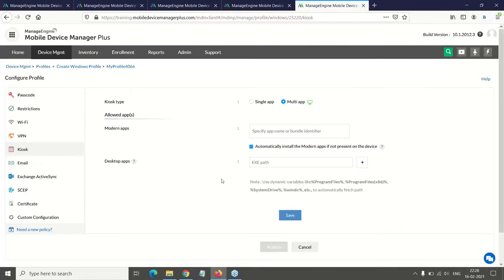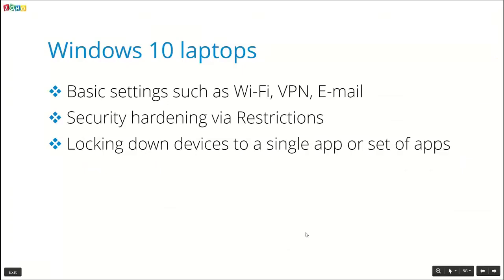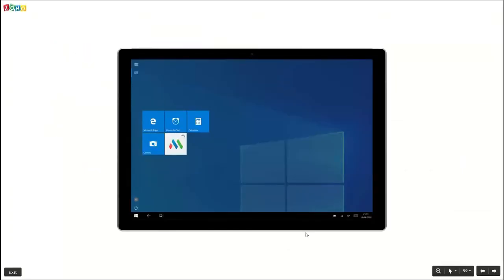In case of desktop applications also, they could be added here. Once the policy is configured, saved, published, and associated with the devices using the same path that we have seen earlier, this is how it will look on the device. Only the selected applications will get listed along with the ManageEngine MDM application.